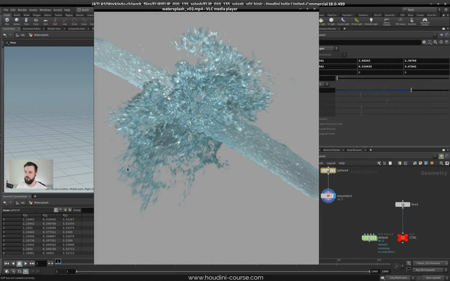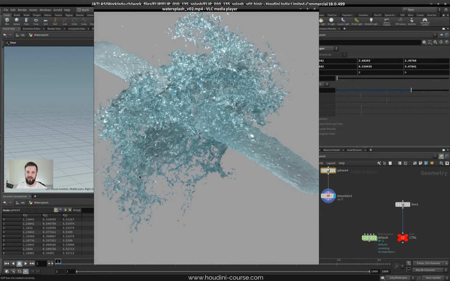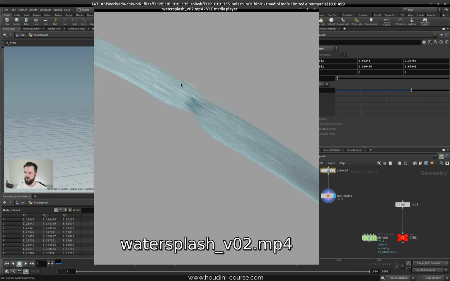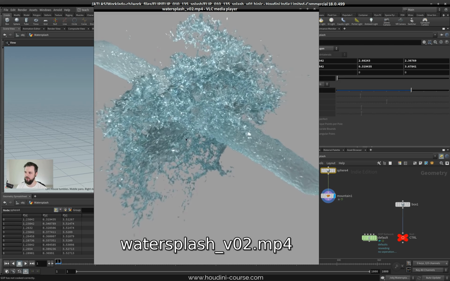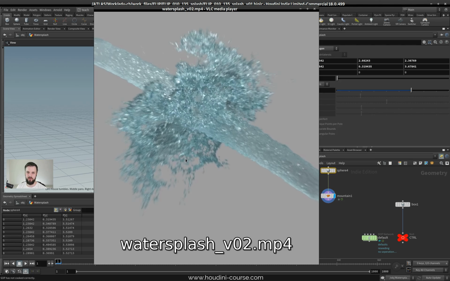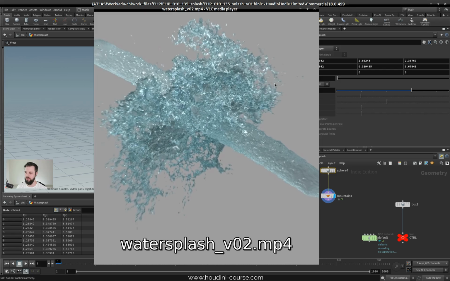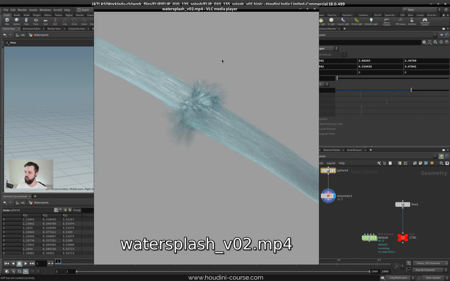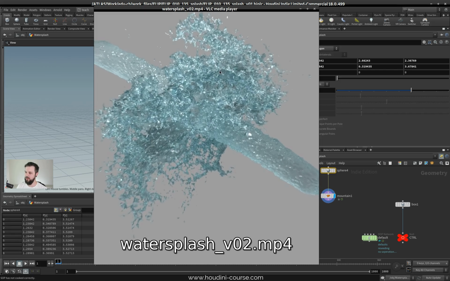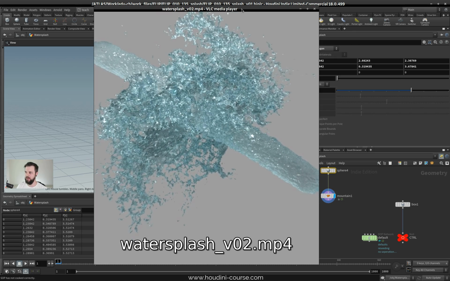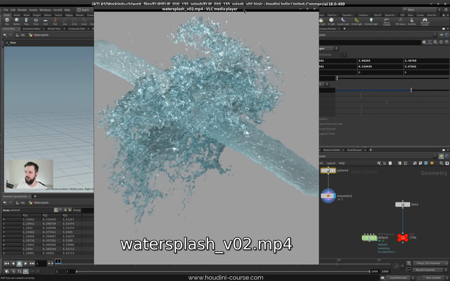Hey guys, so in this video we want to create some kind of splash animation, something like this, something you see often in commercials and so on. This is not a perfect render, it's a lot of flickering and the motion blur is a bit noisy and all that, but you get the idea. So how do we set something like this up? It's actually not too hard to get the setup. What is a bit tricky is this slow-mo effect, and that is something we want to look into in this